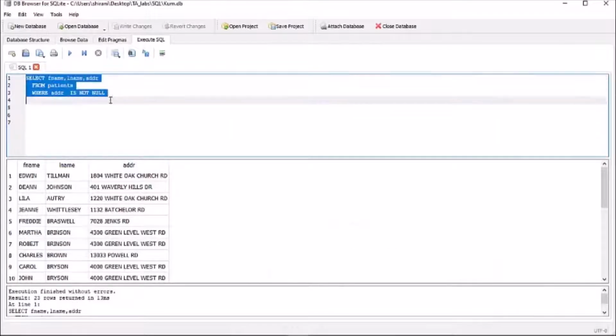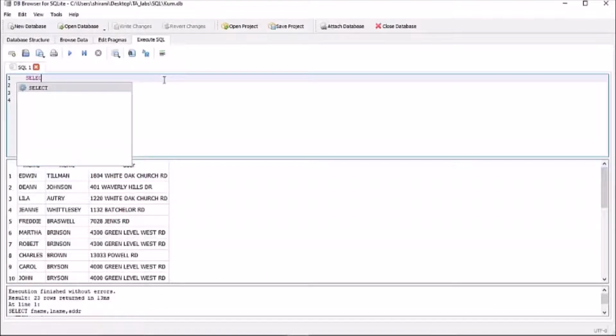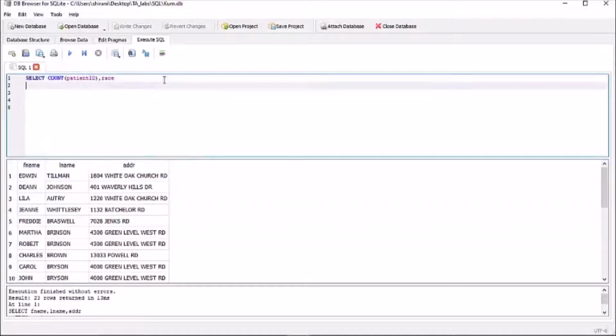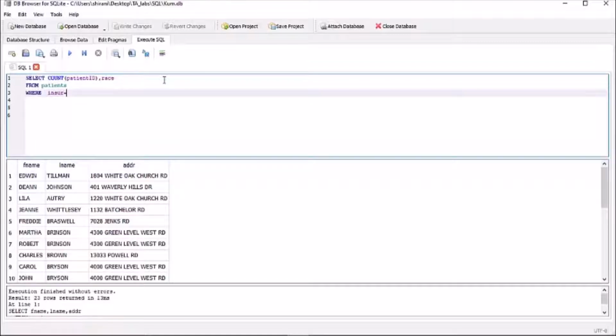So I should write here select count patient ID and race from patients where insurance equal